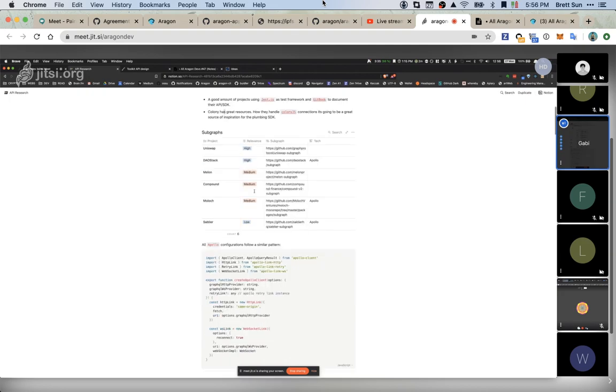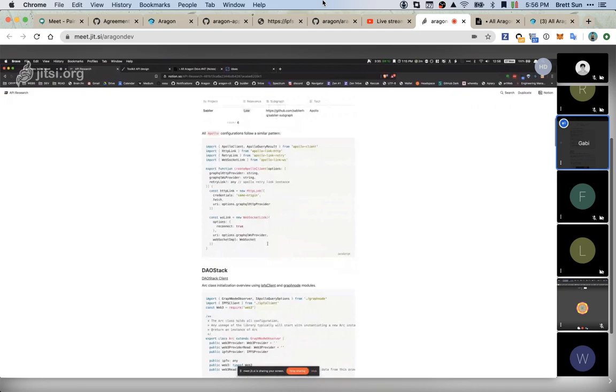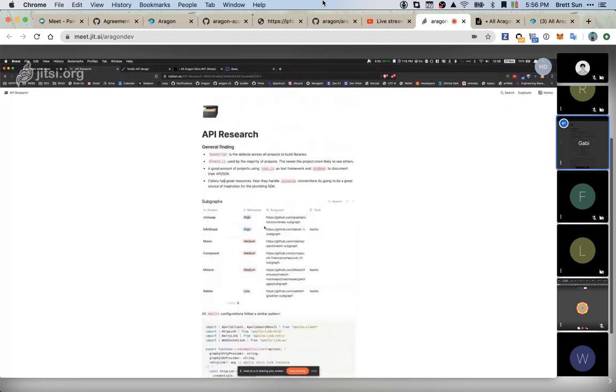Finally, we looked into a lot of different projects and how they are using their connection to the blockchain and the graph as well. I will share this link for you if you want to go deeper into what we found. One mention is that Colony.js has a really nice way of connecting to the blockchain, with different ways to handle it, both with GraphQL and with the Ethereum providers. So that's an interesting